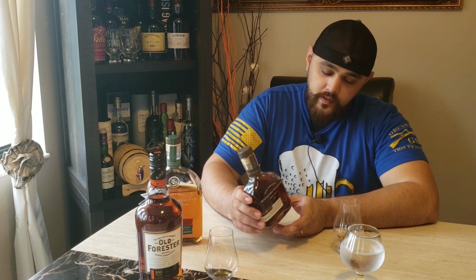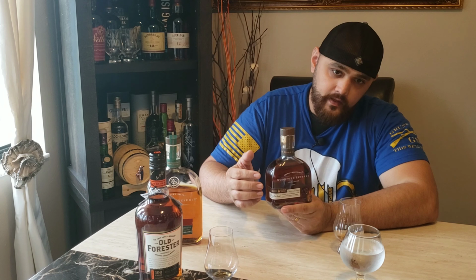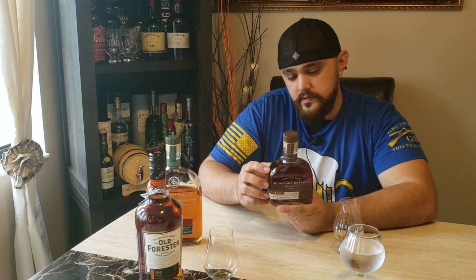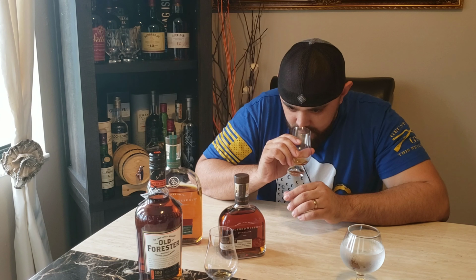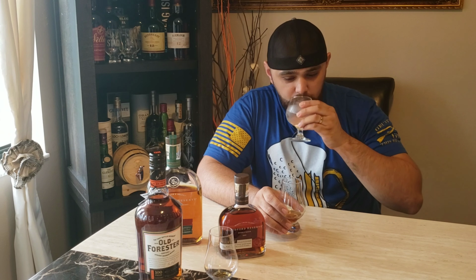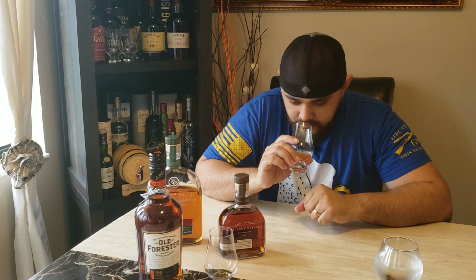On the Woodford Reserve Double Oak, this is going to be the Double Oak, and this is rated at 95 out of 100 from the Ultimate Spirits Challenge also. And this one, let's do this on the nose. A lot of vanilla, a lot of oaky, maple, a lot of those spices and sweetness into this. On the palate,